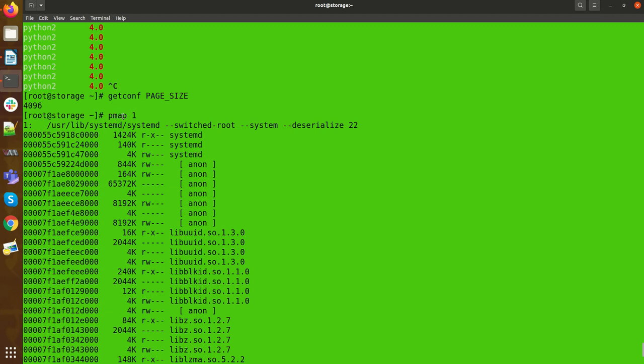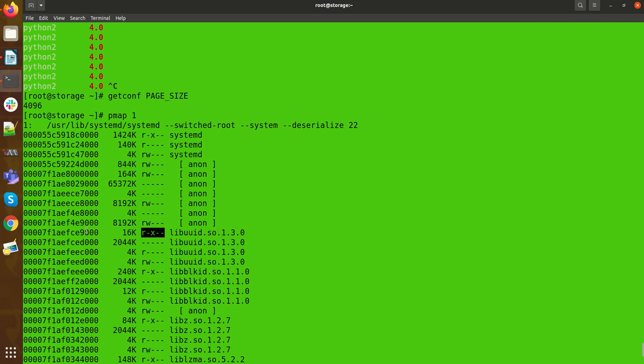So from pmap and then the process ID. This is the first process ID, which is run by init in RHEL 6 and systemd in RHEL 7. So for process ID 1, when any process runs, some virtual address is created, and that is associated with a physical address, and the kernel decides what the permission should be. That is the virtual memory.